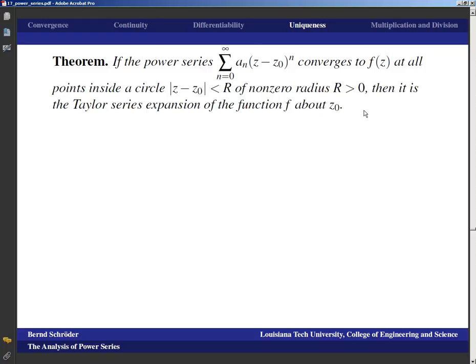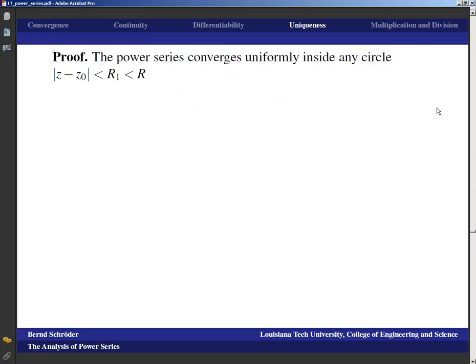Now that feels rather weird because, of course, applied people and reasonable people would rightly say, well, what else would it be? And I agree with that, but what else would it be is not a mathematical proof. Technically speaking, we go from a power series to an analytic function. For that analytic function, we can compute the Taylor series, and we have to make sure that the coefficients are, in fact, the same. Now, it ought to be that the proof is just something where we have to keep track of which coefficients come from where, and other than that, it shouldn't be too hard, and that is indeed the case. And so here's the proof.